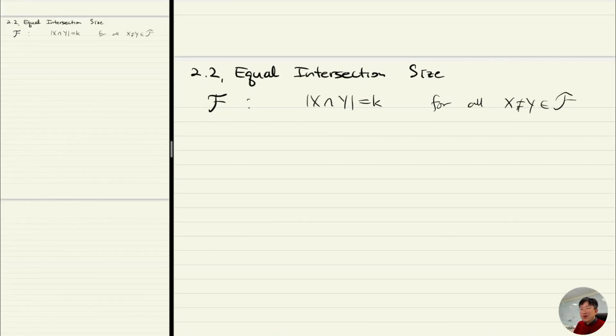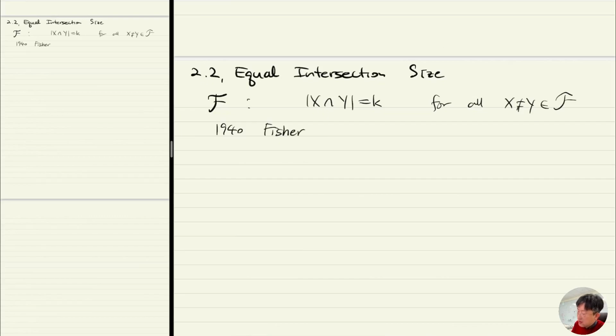So for a set family F, let's ask that any pair of them have intersection of size exactly k, and how large can F be? Okay, so that's the question, and this was actually proved in 1940,